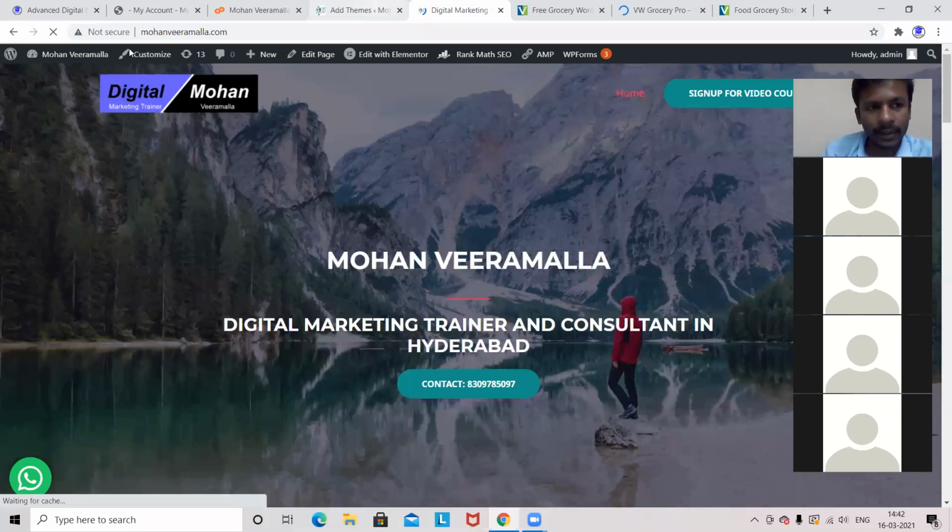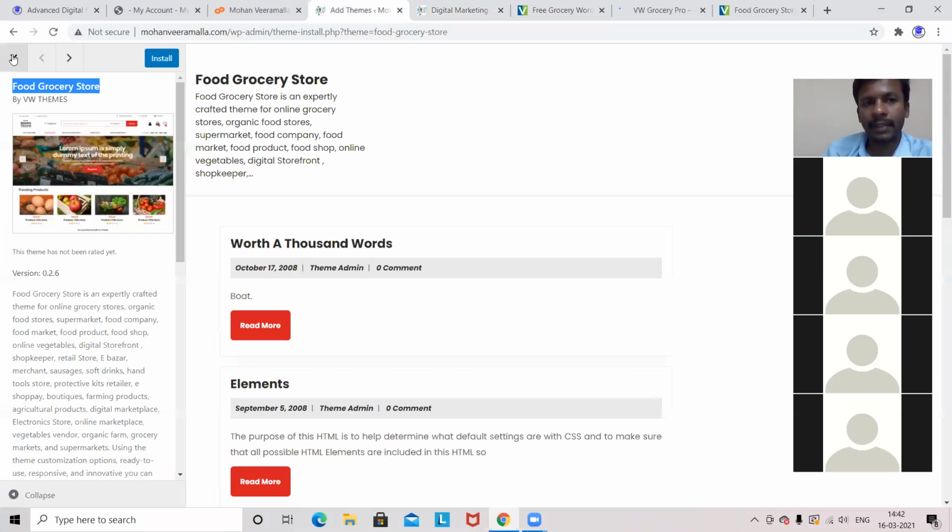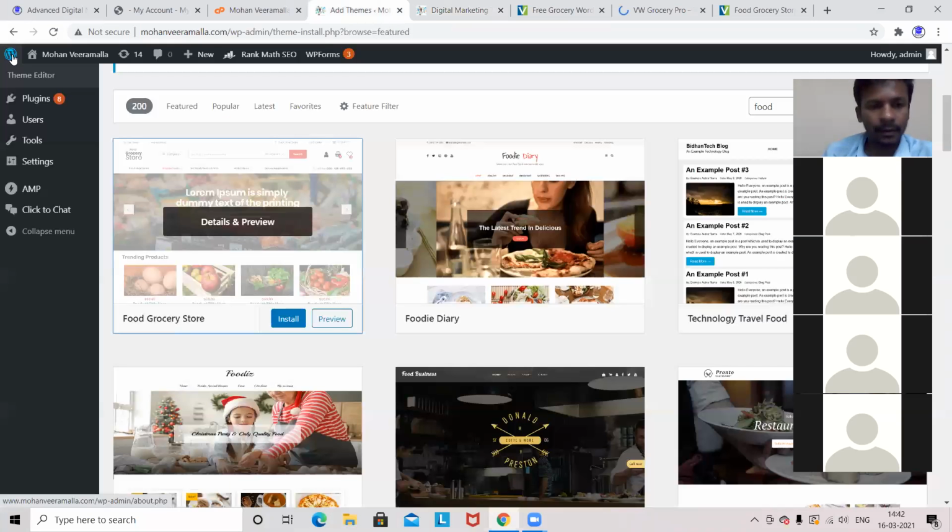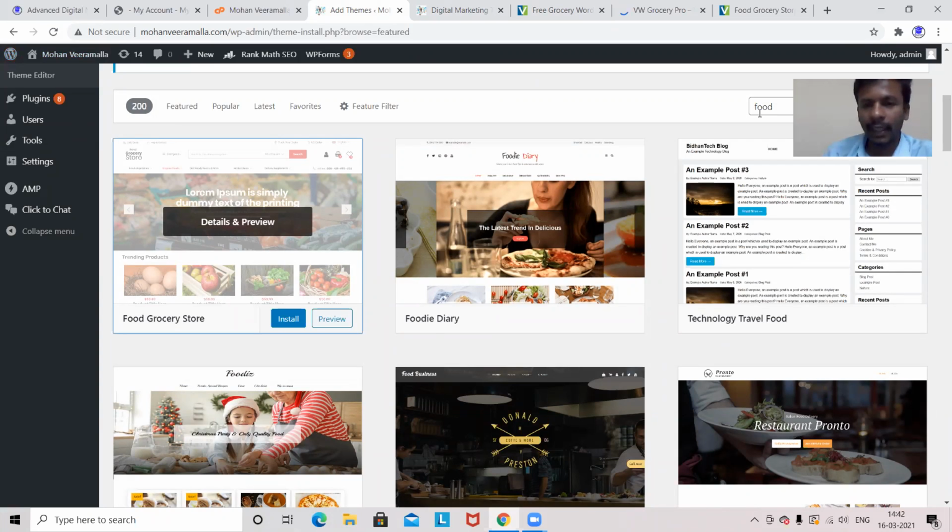There is some other process where we will be using a section called Astra. From there, try to install the Astra plugin, and from there you will be selecting a theme. But majorly, I'll not suggest taking from here. For small websites, it is okay. If you are okay with the theme, for example you have used it previously and have an idea about the theme, then you can go blindly.